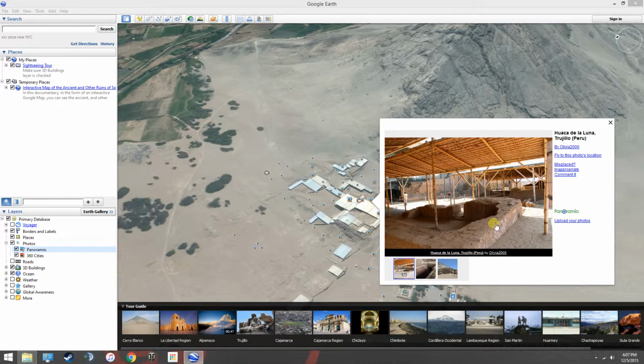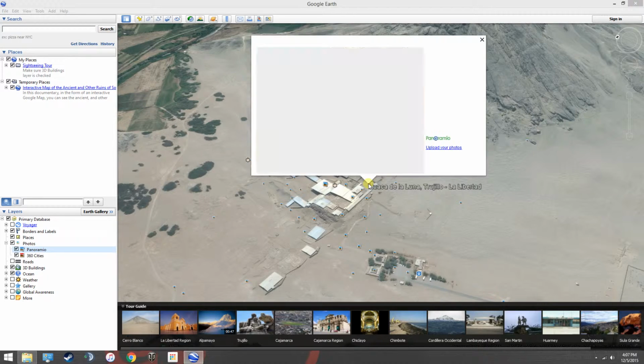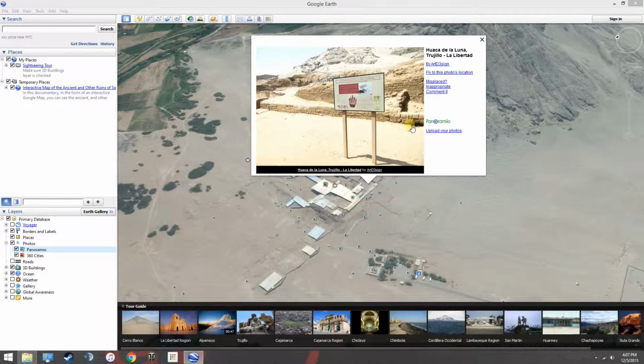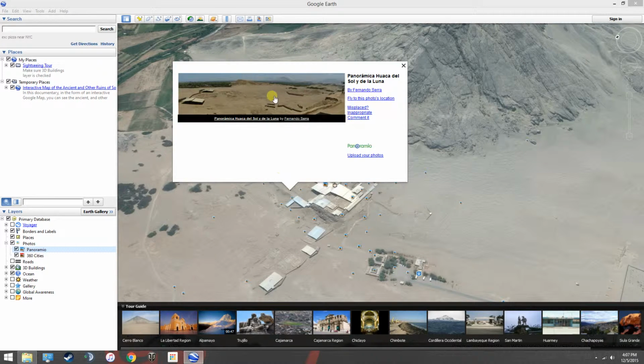You can see that there are remnants of the walls that they built. The structure itself is not necessarily there still, but you can see that there are different burial sites and things that they're able to uncover, and just the ruins and the rock that they used to build this nice temple. So you can see over here, that's another view of a lot of the things that they were able to